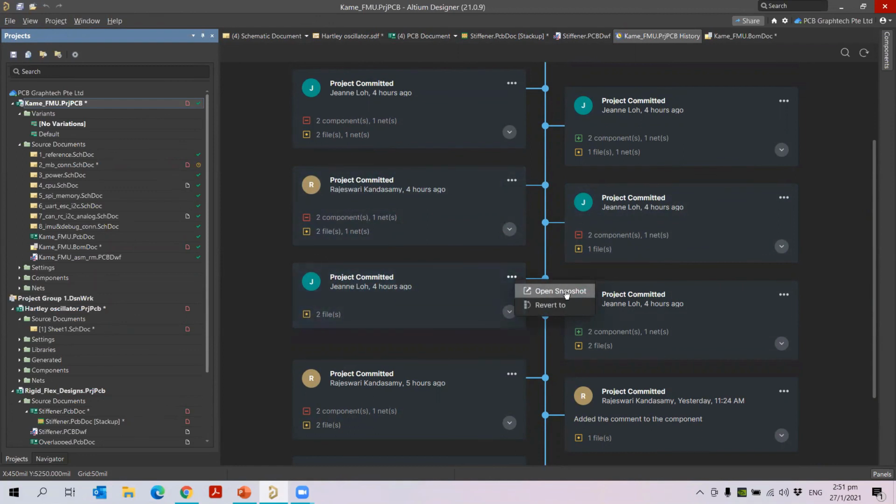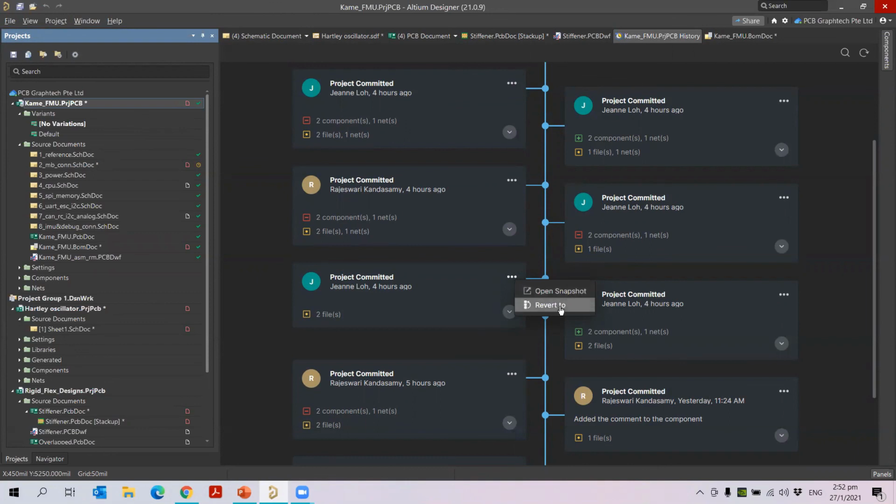So why you need to open snapshot is, once your project is released to the server, and then you pass your project to the manufacturer, to have the duplicate copy of that project, of the design, you can go for open snapshot. So it will automatically create a duplicate of the project, which you can place in your local PC so that you can compare it when there are any changes to the original project. So that is the purpose of open snapshot.